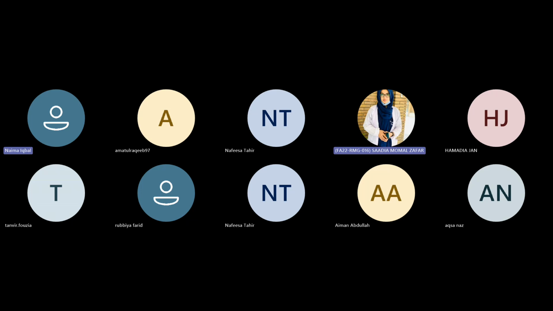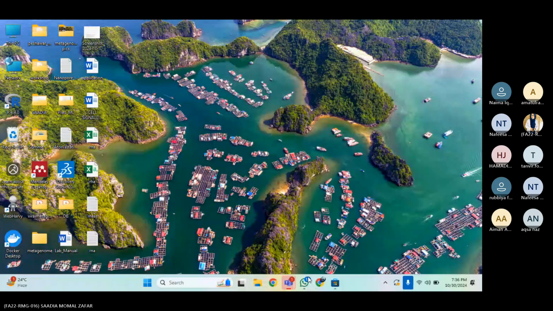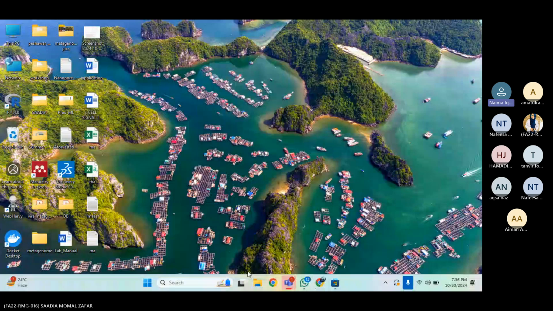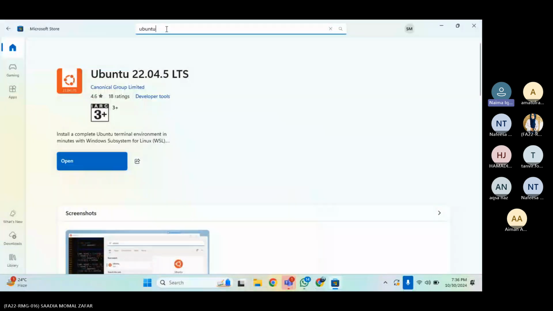मैम, मेरा screen share नहीं हो रहा, फाइल ओपन नहीं हो रहा, रीस्टार्ट नहीं हो रहा। जो आप कह रही हैं कि रीस्टार्ट होगा, तो नहीं हो रहा। वो थोड़ा टाइम लेगा ना, फिर उसके बाद। ओके ओके मैम।